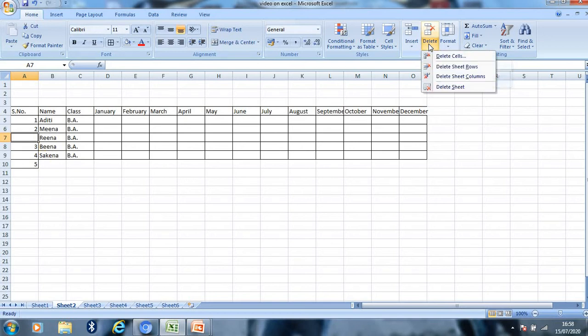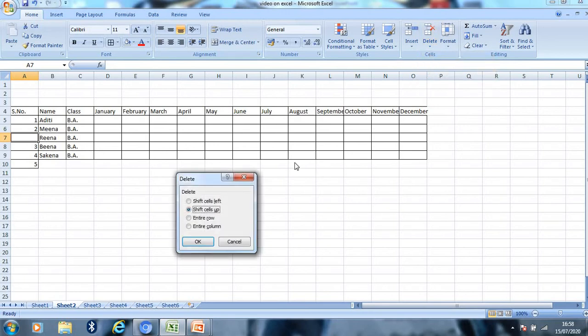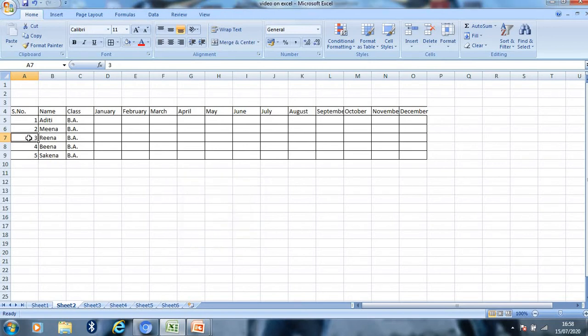Click on delete and then delete cells. It will again ask shift cells up, shift cells left, or entire row or entire column you want to delete. So I have selected shift cells up. Then press OK. So the cell gets deleted.